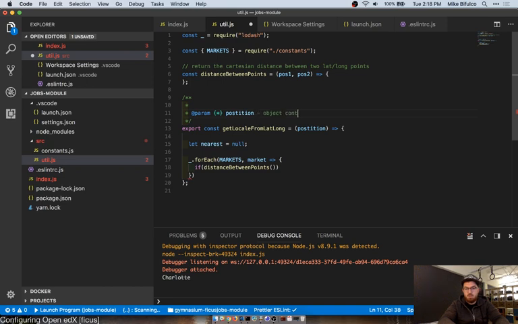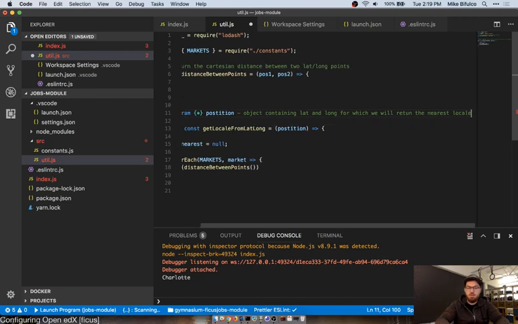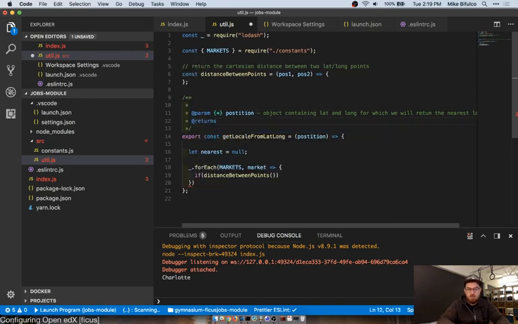Object containing lat and long for which we will return the nearest locale. Just documenting what I'm doing here. Get locale nearest to the input position.